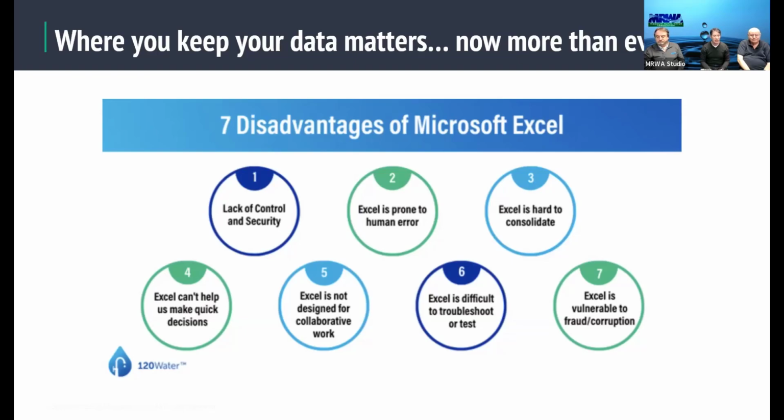So if you're looking at it and I have this many unknowns or I have this many galvanized needing replacement or whatever it is, there's no way to aggregate that information and help you make decisions on the fly this month, next 6 months, for the next 18 months on what is the best system to go about continuing to eliminate the unknowns. It's not designed for collaborative work. I mean, if anybody's used Excel, everybody does it a little bit differently. If you have a lot of people in your Excel, it could be screwed up.